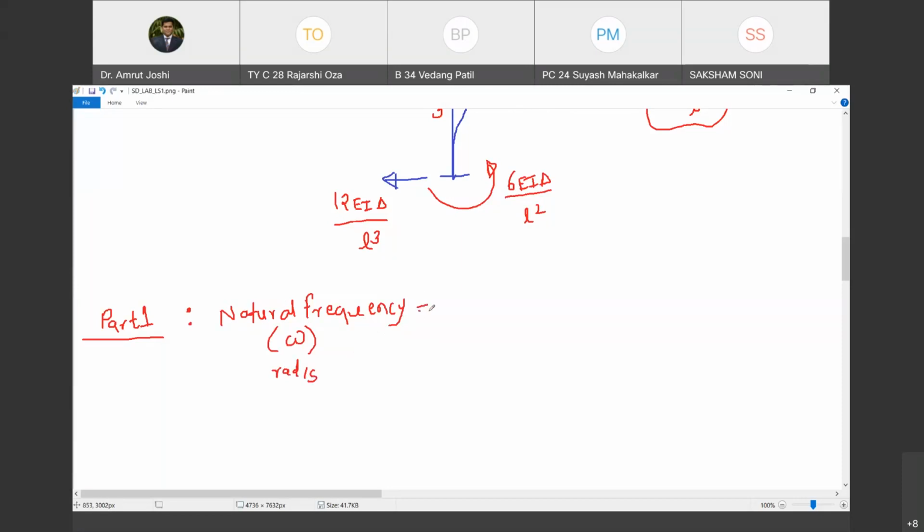This is given by what? Can somebody tell me? We have written the formula for this. What is natural frequency omega? Root of K by M. Do you remember that? This root K by M, we called it its natural frequency in radian per second. Please type your response if you remember this. We have calculated this many times. Tell me if you remember this. Yes. So what is root K by M?